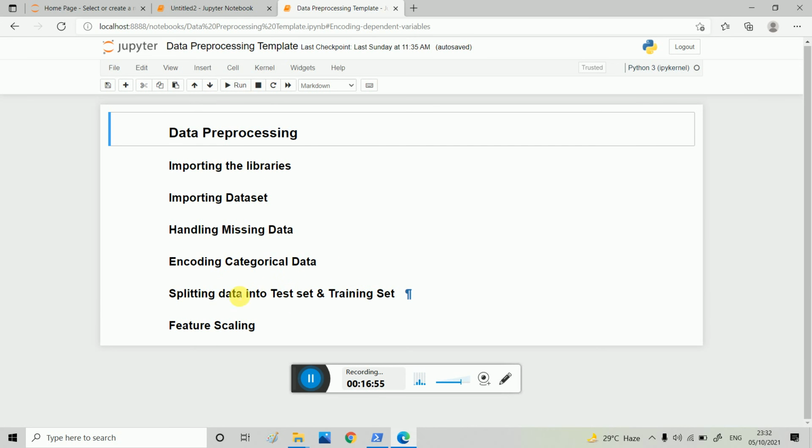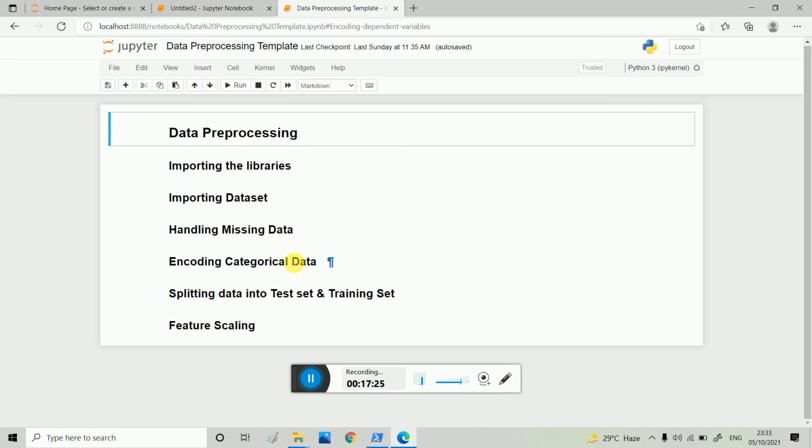So now splitting data into test set and training set depends upon how we got the data. For example, in the Titanic problem, we have a training set CSV file and a different test set CSV file, so we do not have to split the data into two parts. But say, for example, if I have data of 100 lines and in that I have to train my model, let's take 80%.